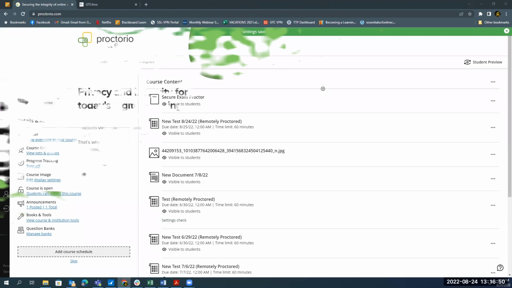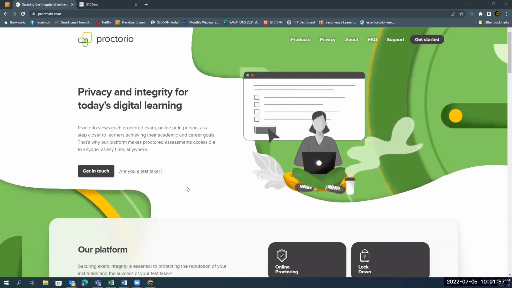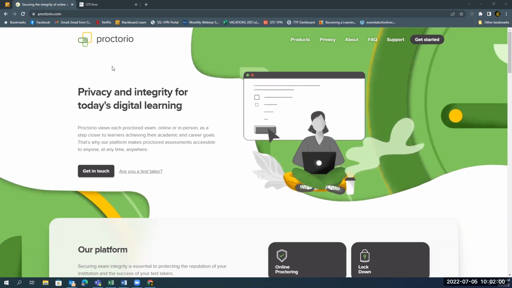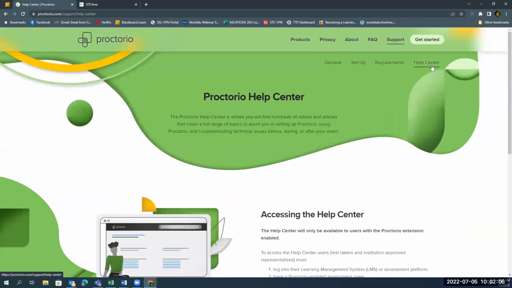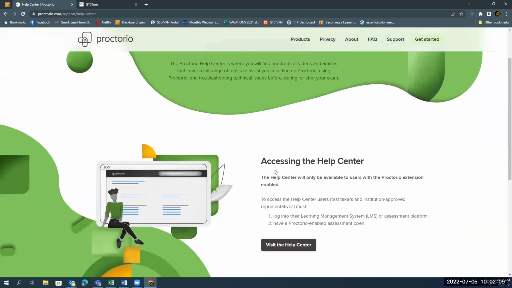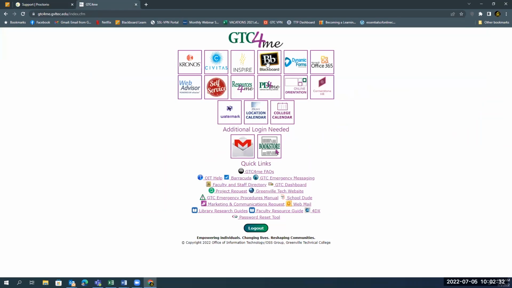Thank you. One last thing I wanted to show you was how to get to the Proctorio Help Center that has a ton of video and resources for you. If you go directly to proctorio.com and click on Support, and then Help Center, and then you'll scroll down, accessing the Help Center. You'll see here the Help Center is only available to the users with Proctorio extension enabled. To access the Help Center, log into your learning management system or assessment platform and have a Proctorio enabled assessment open. So if you click on this, just by going to proctorio.com directly, you'll just be rerouted through this page over and over again. So what it's telling you to do is to go into your Blackboard,